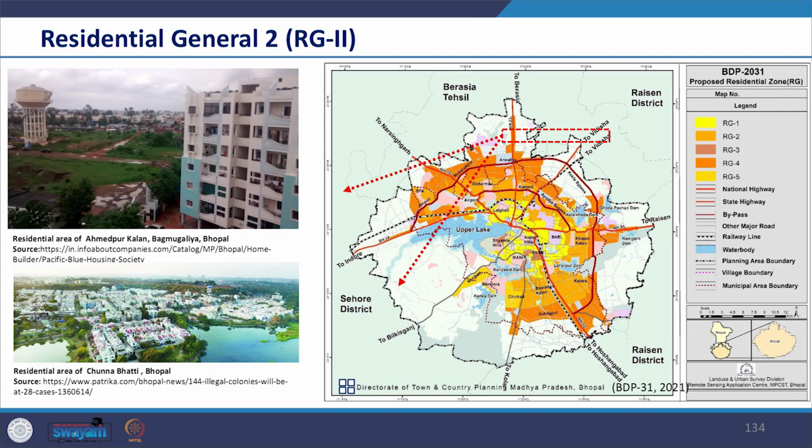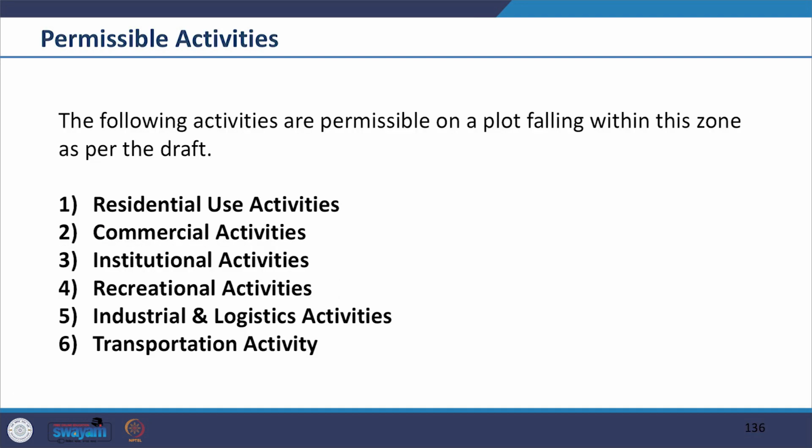We will look at the residential general category use from Bhopal Development Plan. Residential General 2 is envisaged primarily as a residential zone with mixed use permissible based on specific conditions. This zone is primarily made of existing older structure, as you have already seen before. The purpose of this zone is to allow urban regeneration while maintaining the overall urban character of the area. So here you see that the permissible activities have been defined.